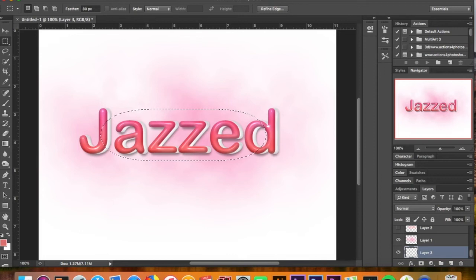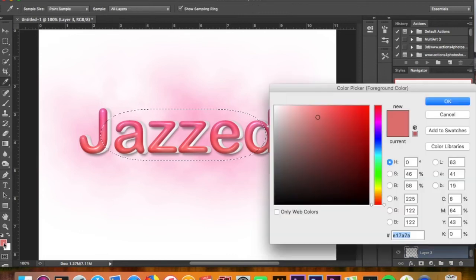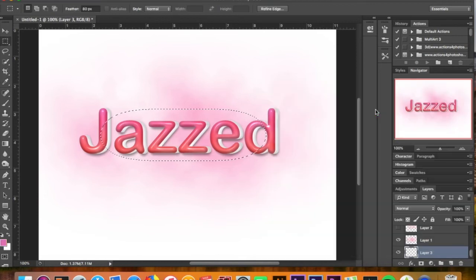Filter, render clouds, but with a new color. So I selected, I believe, on my next layer, a pinkish hue, and I did that. And I have that lovely kind of background there. So that's really nifty. Now, I really want to enhance this, so I'm going to add some brushes to this,